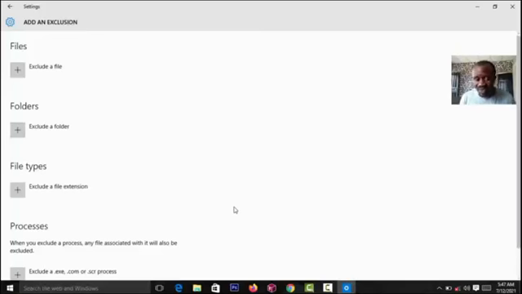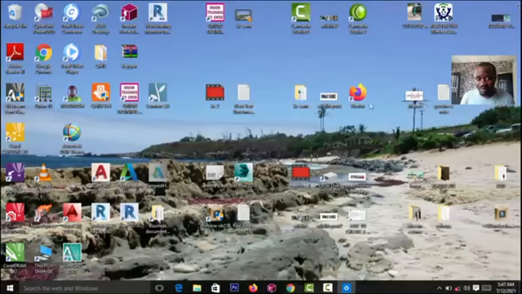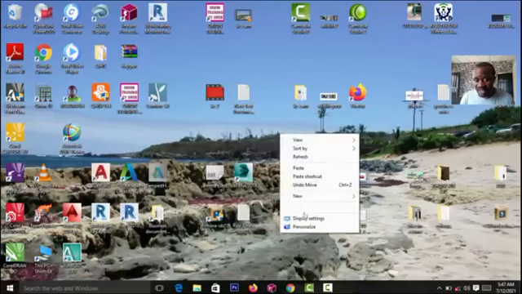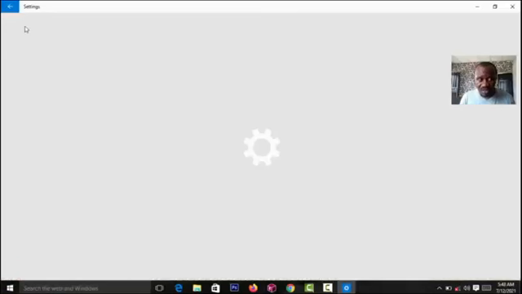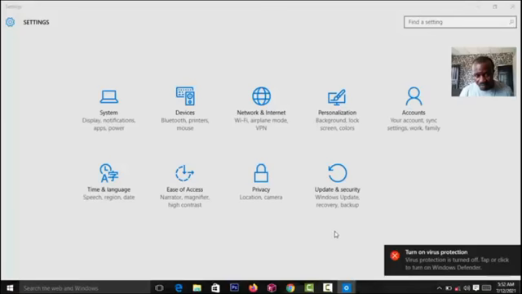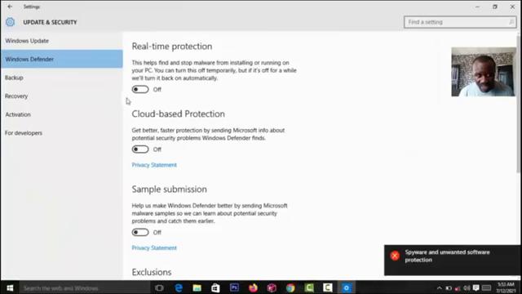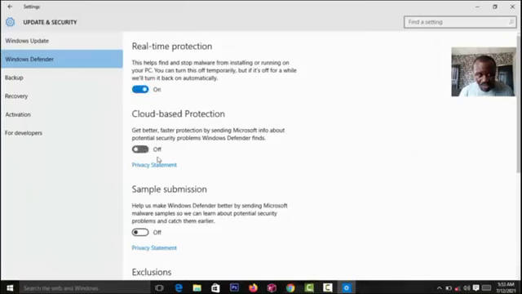Now if you want to activate it again, you go through the same process. Right click, display setting, you come to display. Alright, I'm going to click on Windows update, then come to Windows Defender. Now put it on back